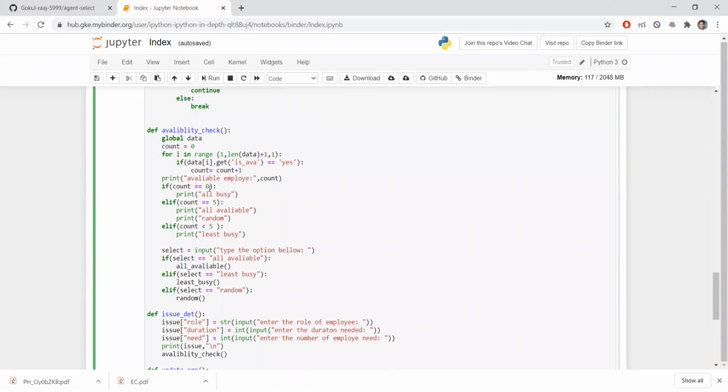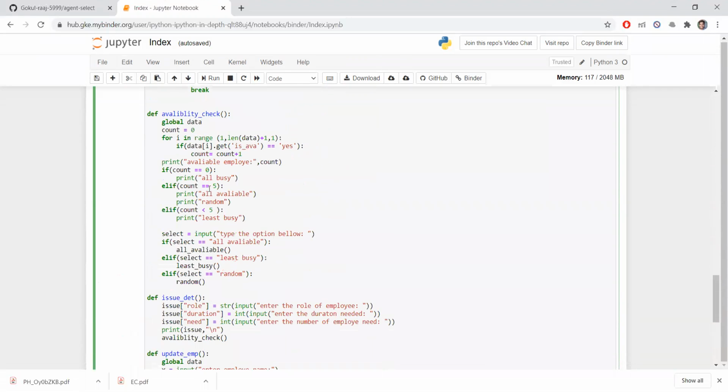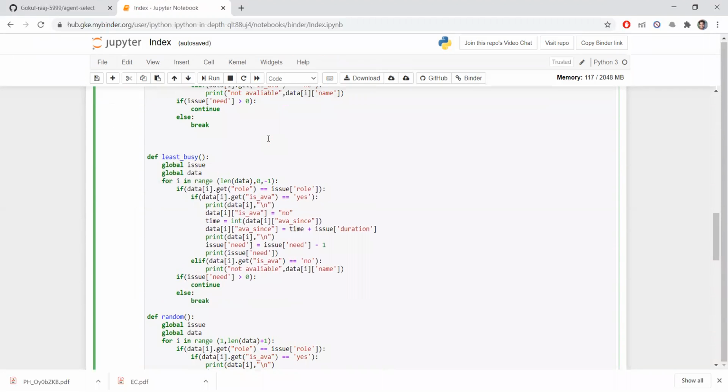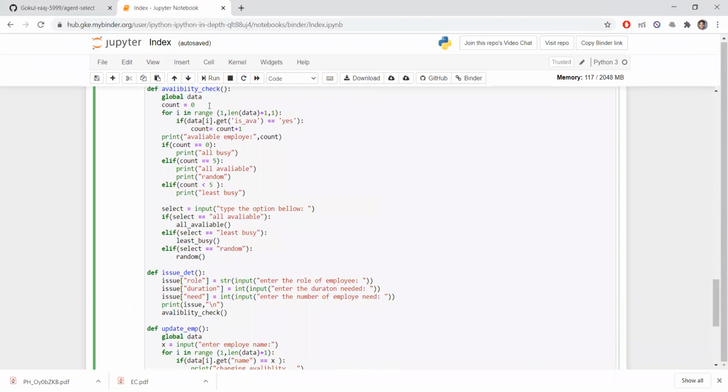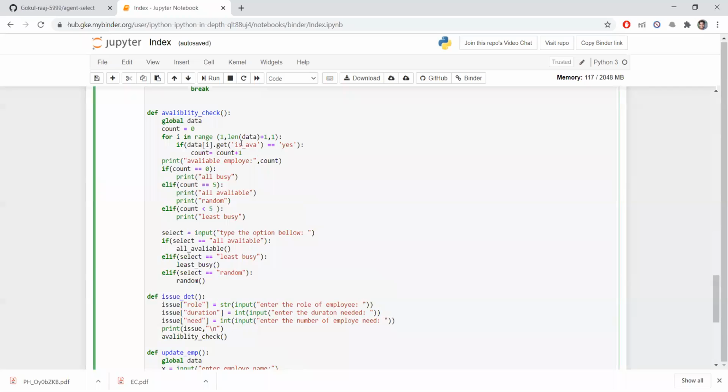So if we type all available, it will be matched. After the issue detail, it will go for the availability check.